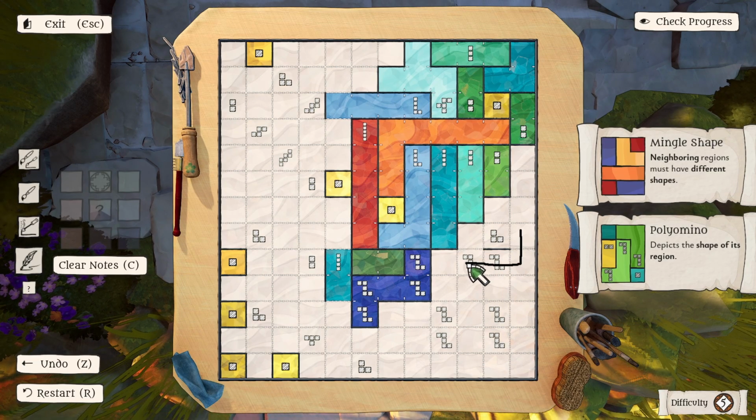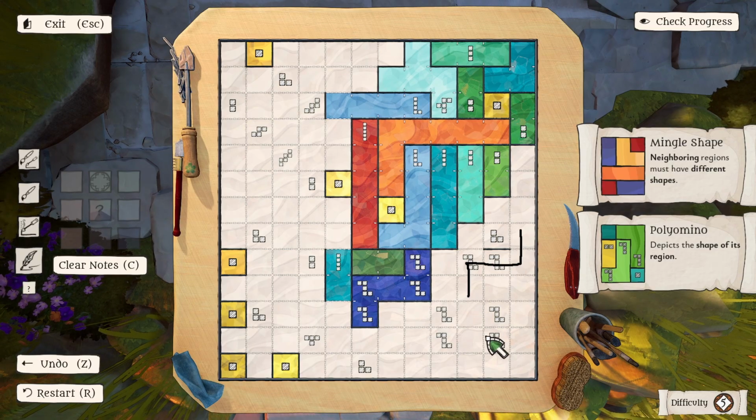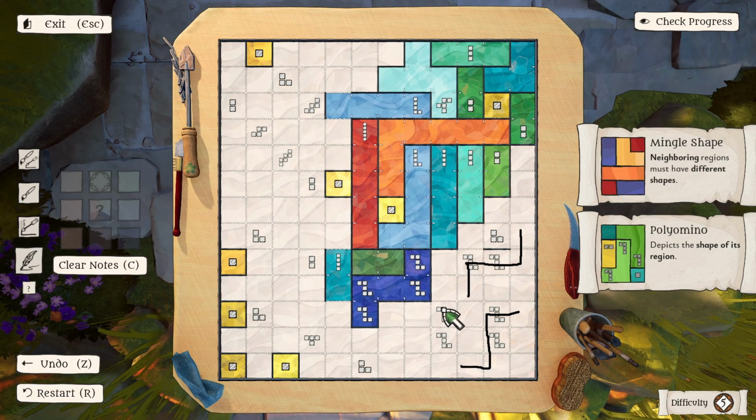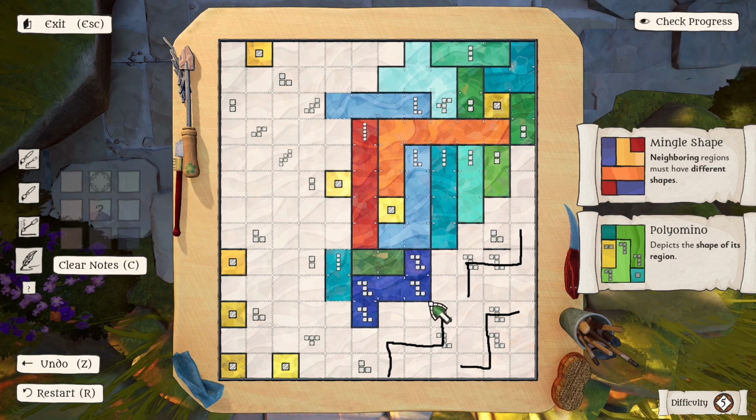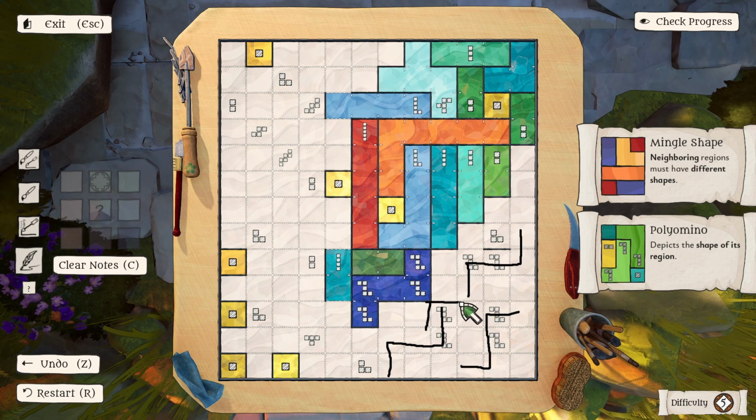It could go like that. How do these even work? Like that. Ooh, there. And now none of them